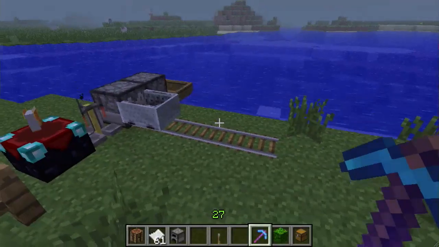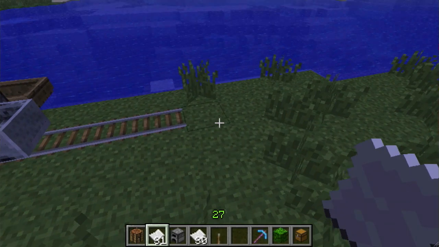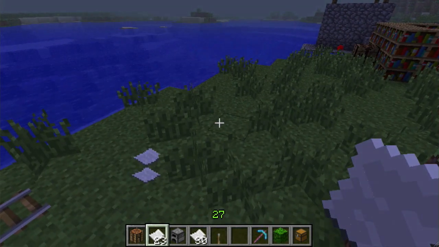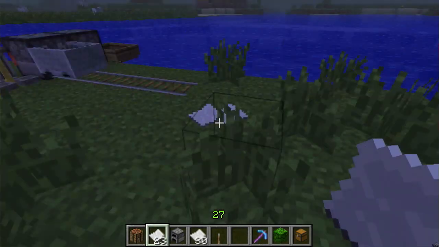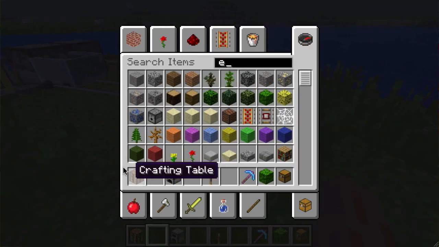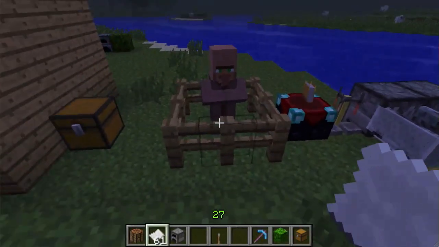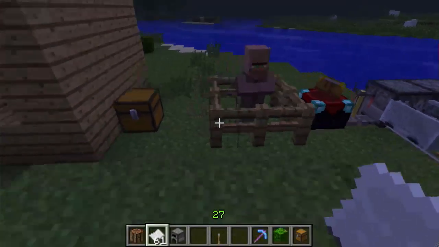And lastly, stackable items, if they are in separate piles and you throw them out, then they will merge together to form one big pile. So as you can see here, if I throw this out and then throw this out, these are all going to come together as one. So that is all in 12w15a, and now we will move on to